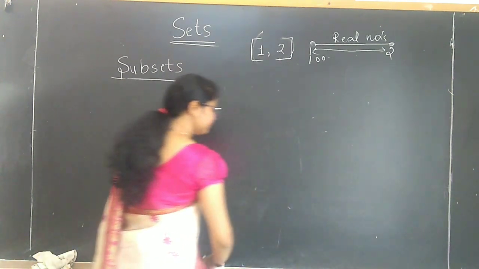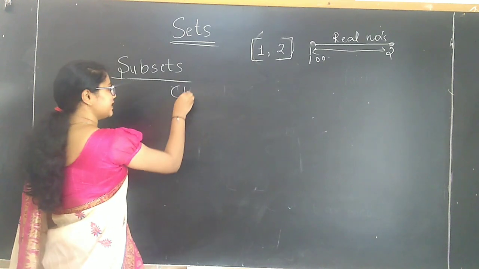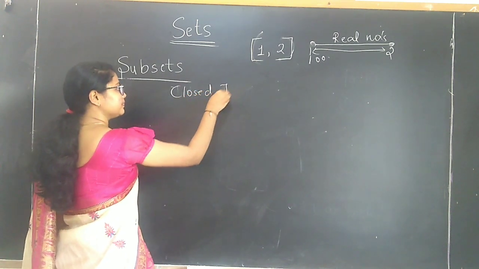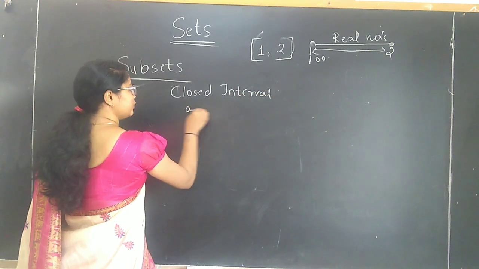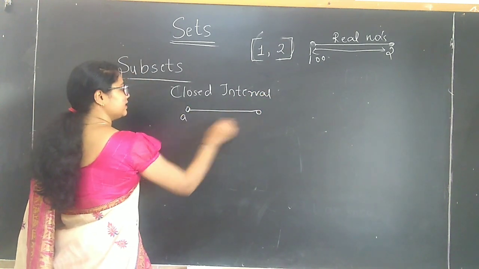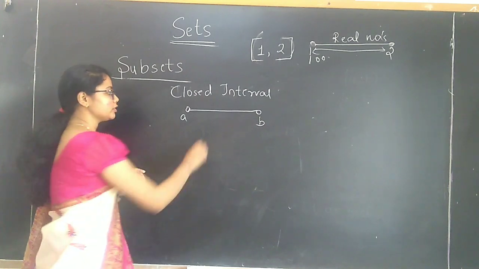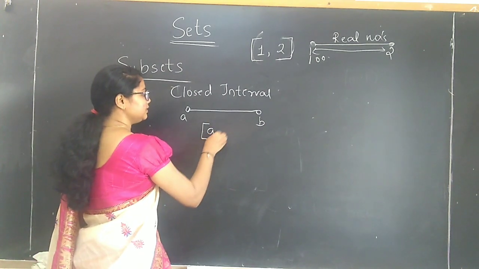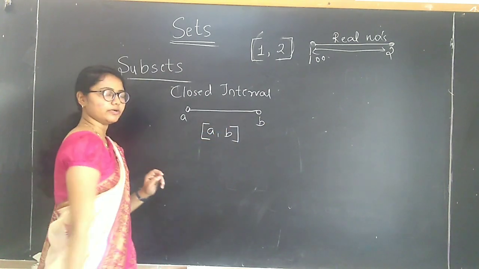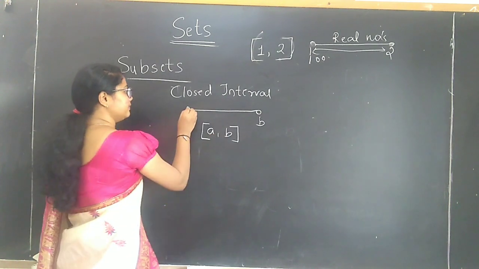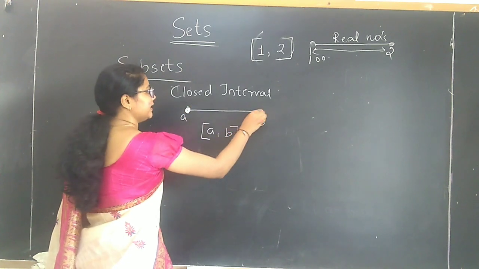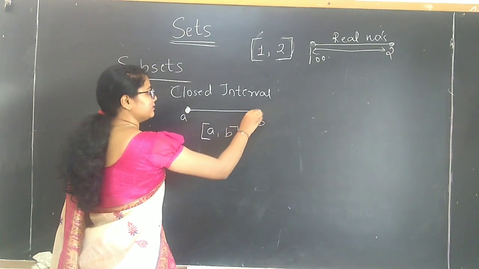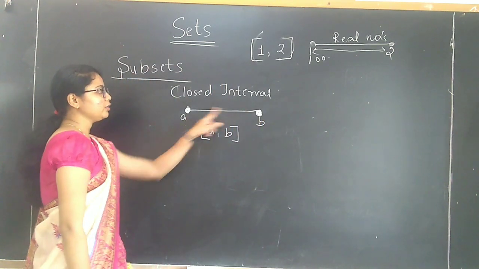It's very simple. For example, first if I take a closed interval. Okay, so these are the two end points, A and B. How do you write the closed interval? Using the square brackets. End points are included, which means you have to shade these two. This shows that they are included. They are not open, they are included.